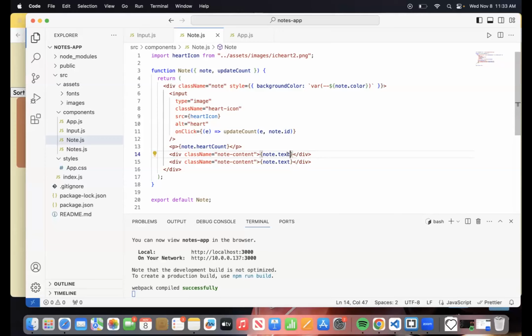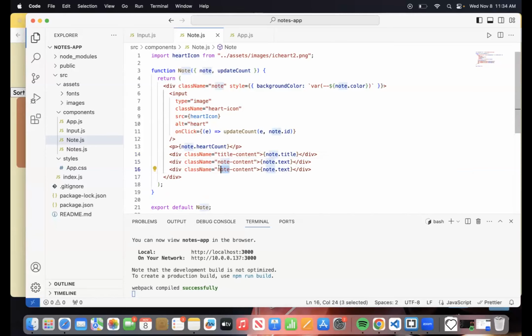Should we keep this node.text or should we change it to node.title? What do you guys think? Title, right? Let's do that. Let's change this to title content. I'm going to do the same for author.